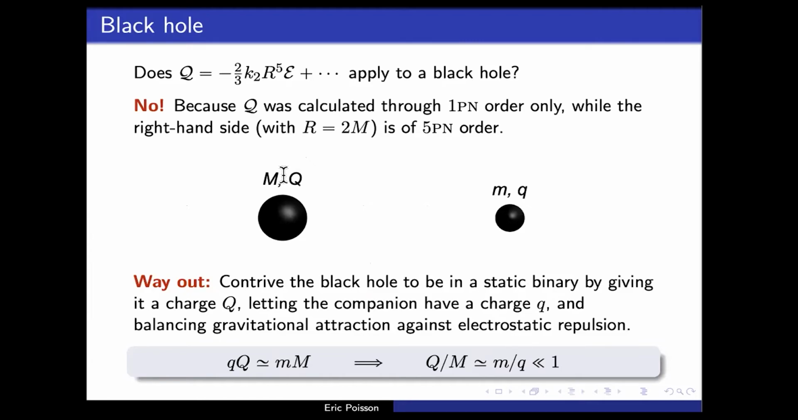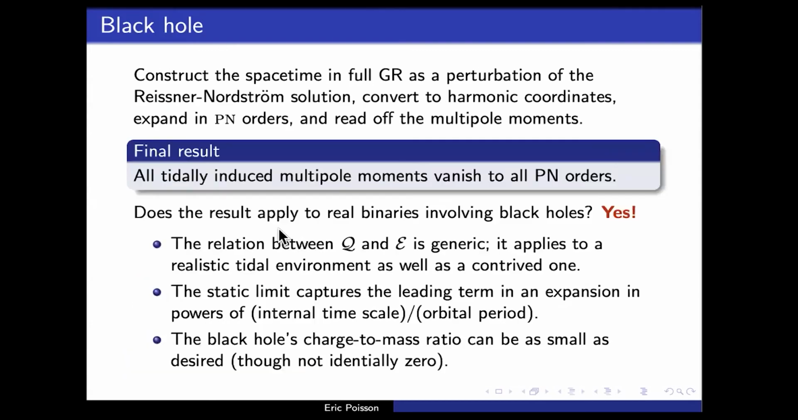The charge to mass ratio can be as small as I want it to be, and therefore I'm not changing the properties of the black hole in a very essential way. So I would claim that, if I could take the limit where Q goes to 0, I would still have vanishing, tidally induced multiple moments for my black hole. Again, it's an argument, it's not a proof, but at least it convinced me that